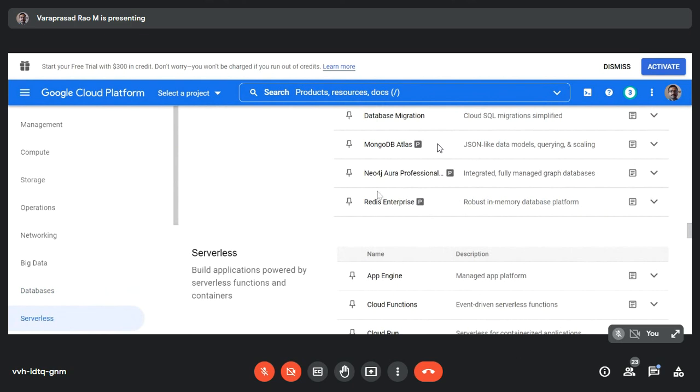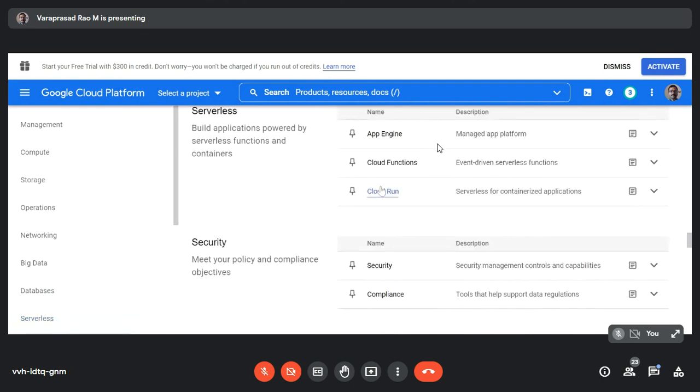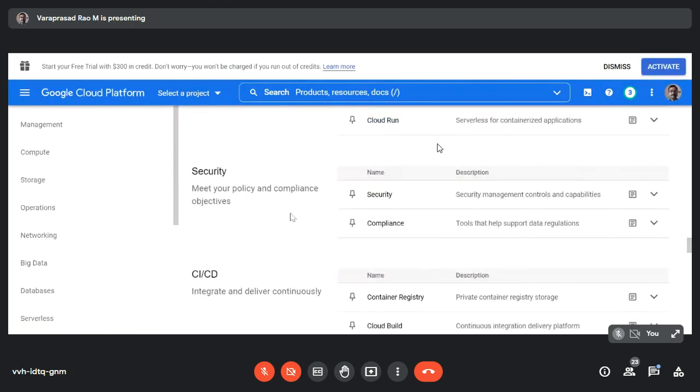Then one of the services offered by the Google Cloud Platform is serverless. So you can build applications powered by serverless functions and containers with App Engine. Just now I told you, App Engine is going to be taken with no configuration needed. And moreover, you can work free of cost for a limited configuration. Then security is offered with managing of the controls and capabilities with the objectives you set